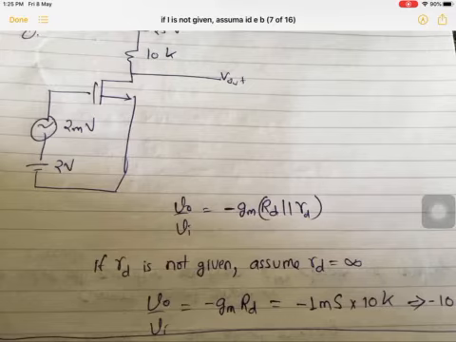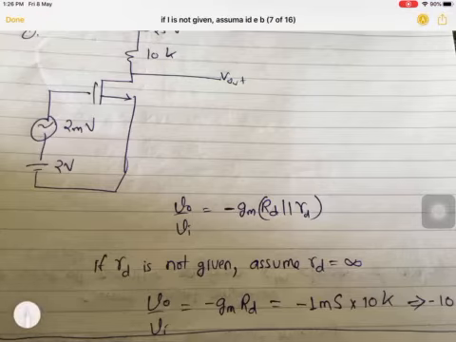Now based on that, I had given you one question. We have to find out this voltage gain. It was simple, as we have derived in the last class. It is a common source amplifier, so V0 by Vi is minus GM times RD parallel RD. Here RD is 10K. RD is not given, so we will assume it is a very high value, ideally infinity. So it is GM RD multiplied with 1 millisecond, which is already given in the question. We will get minus 10.